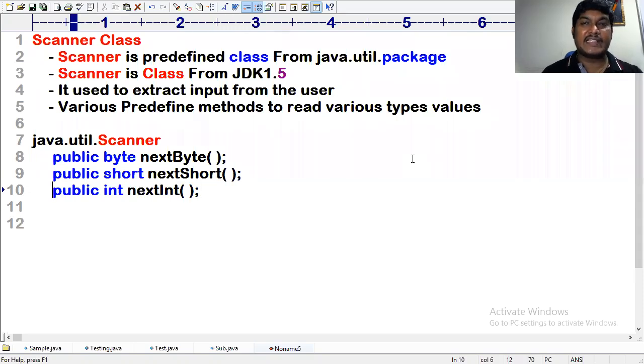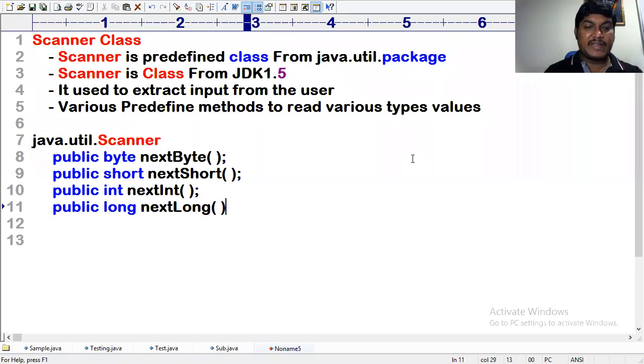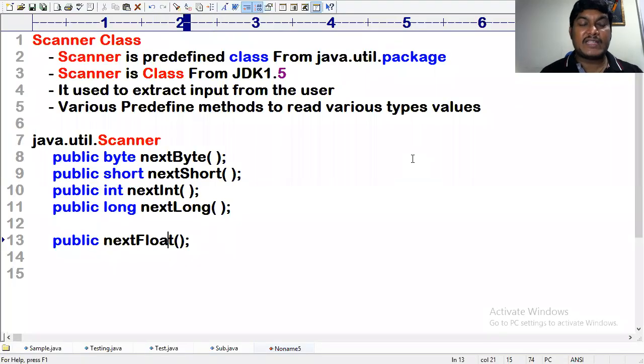To read the integer value, nextInt is a method. In the same way, to read the long value, nextLong is given. To read the float value, nextFloat is a method. The nextFloat method will take the float type value and return that float value.